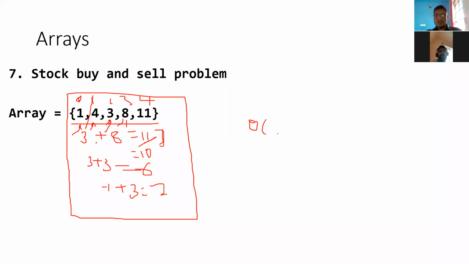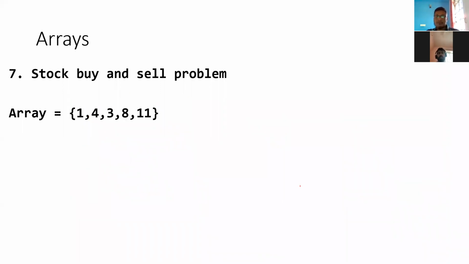That may be asked, but examiners usually don't ask what the time complexity is. They first want you to implement it so that it is working fine. Then you can think of improving. So always think of a naive solution. Naive is nothing but comparing all the possible scenarios and seeing which yields the maximum profit. That is how you should go. If the question is not clear, I can clarify again what the stock buy and sell problem is. I think it is clear. Let's move to the next question.